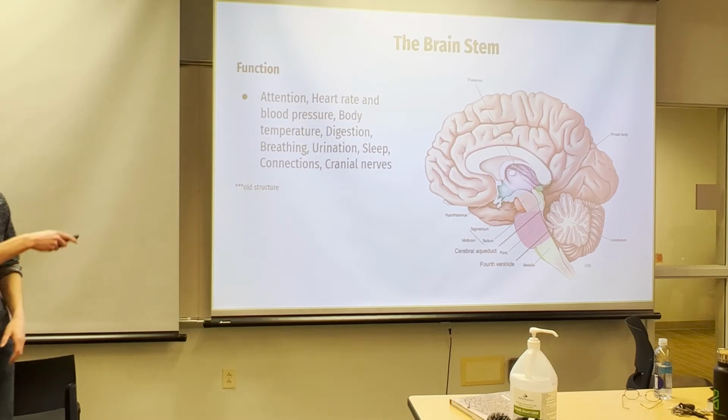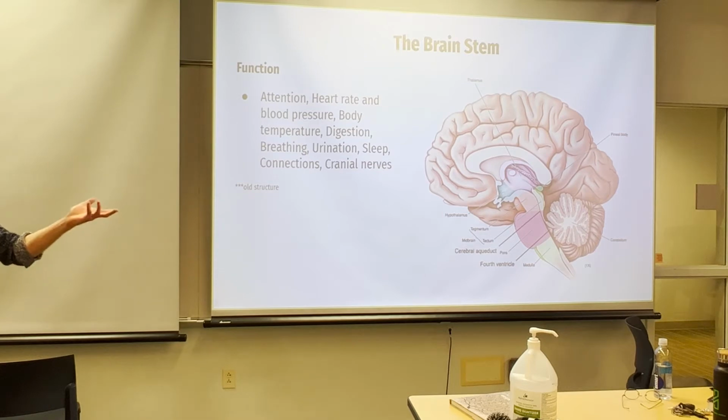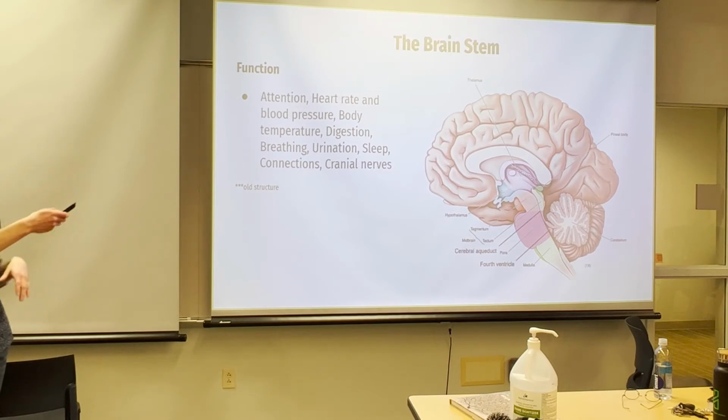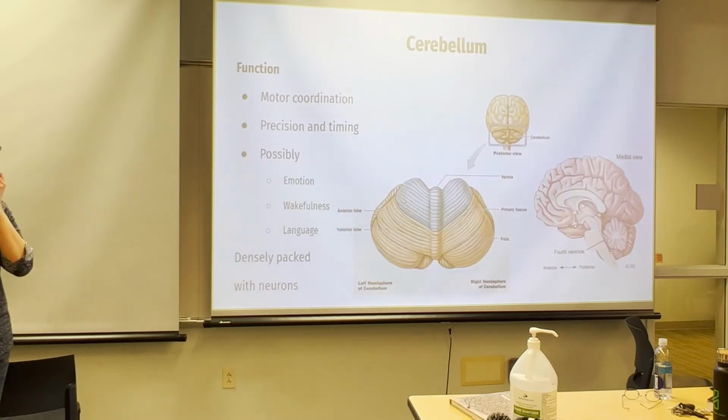But thankfully, the skull kind of goes all the way over here. Your eye is here, nose, mouth, and then the back of your skull goes over here. So it's really as well protected as it could be. And this is a big reason as to why the brain kind of evolved into this branching, maybe flower shape on the top. The cerebellum is this really, really wrinkly part that sits at the back of the brain,